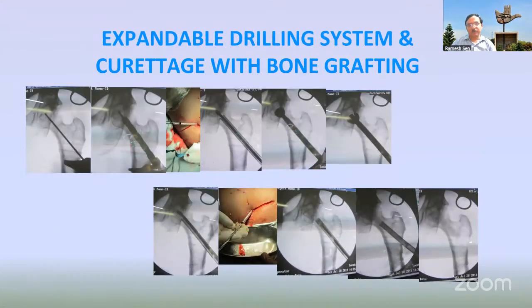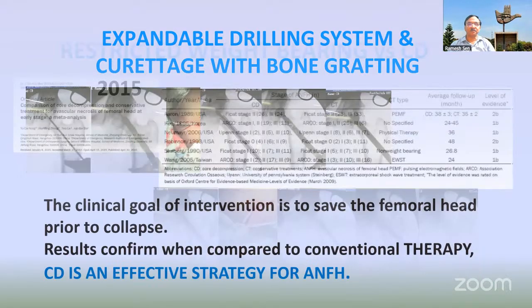But if you have a relatively bigger lesion, we have been using these kinds of reamers, which I got probably 15 years back from Wright Brothers in the USA, and started using them by getting that expansion of the blade over there, curetting it out, then filling this area with bone grafts also.